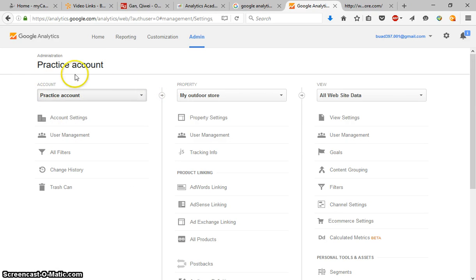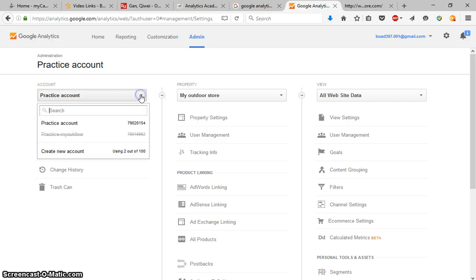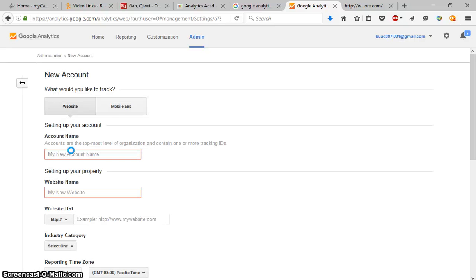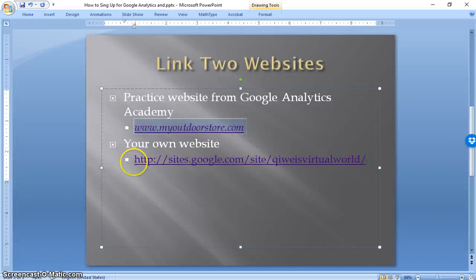You can click on this button over here, and you can see now you have the practice account and you want to create a new account. So click on create new account. You are allowed to create 100 accounts on one Google account. So again, this is a website and you choose an account name. You can see my personal website. Then copy the website address